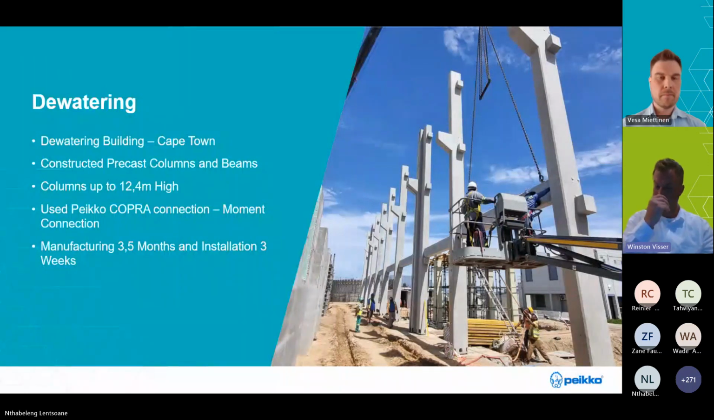Like Vesa showed on his slides earlier, here we had to go with a moment connection between the beam and the column due to the seismic requirements in Cape Town. So we took 3 months to construct all the precast elements on this project, and now we're going into week 4, finishing off the project. That's consisting of 26 columns,